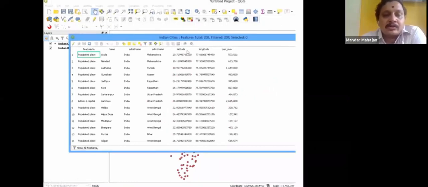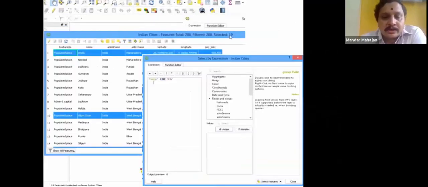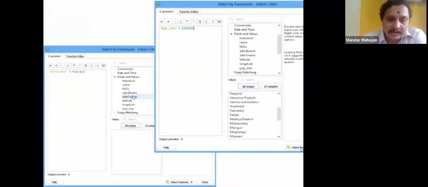Now in this data, it is possible to select the cities which start with the letter A. So you can go for the characteristics. Here you can see the characteristic A percentage. The cities which start with A will get highlighted here, and you can easily identify them.